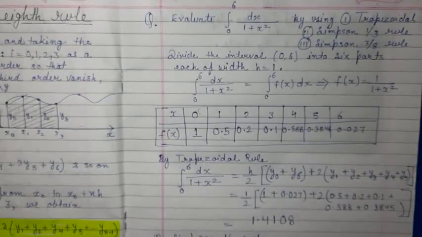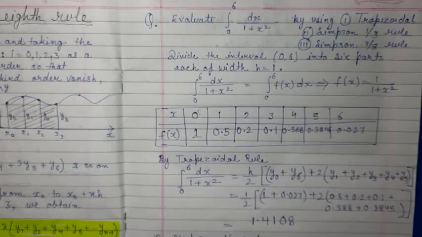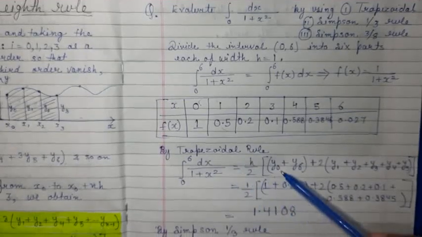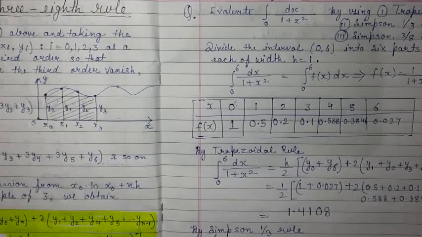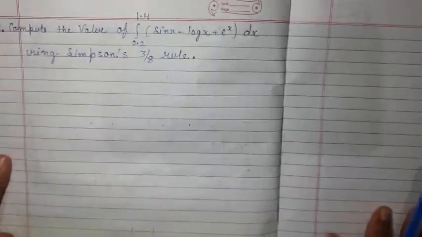It's very simple. You only have to memorize the formulas. In the trapezoidal rule, first term, last term, and even in all these three formulas, first term and last term we have written. Afterwards 2 into the rest of the terms. In Simpson's 1/3 rule, 4 into odd numbers and 2 into even numbers. Similarly in Simpson's 3 by 8 rule, something different is there: 3 into the rest of the numbers, but plus 2 into the numbers which are multiples of 3.